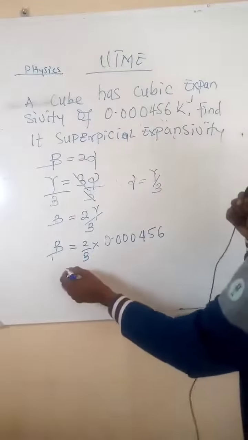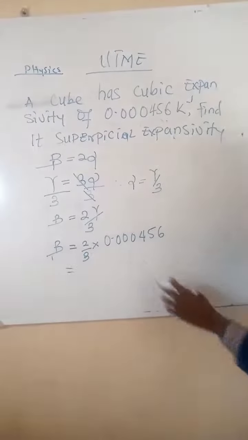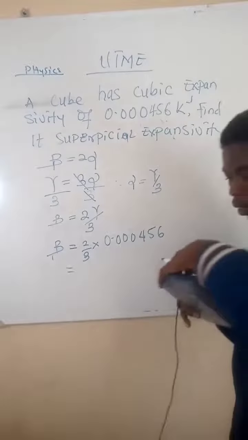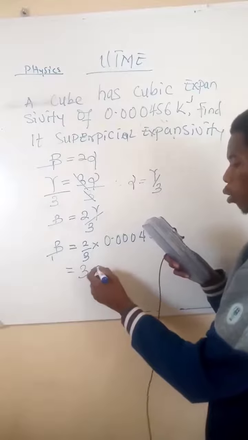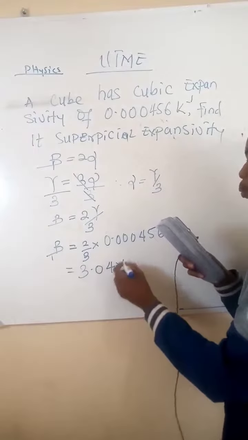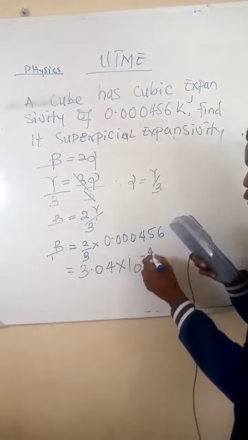So 2 divided by 3 multiplied by this, you are going to get 3.0 times 10 to the negative 4